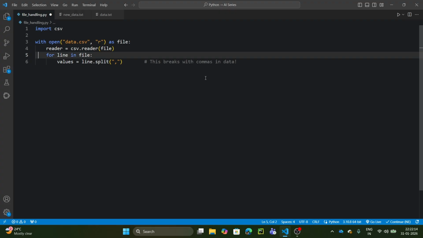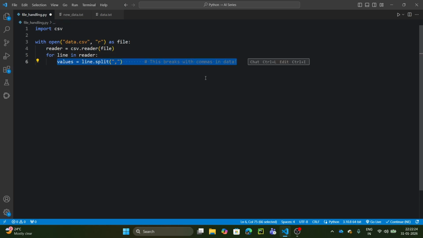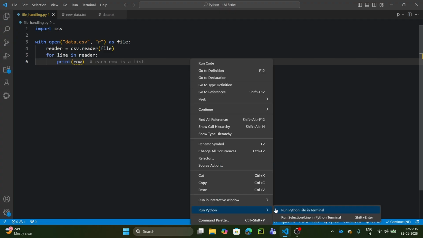So for line in reader, I'm going to print each row. Each row is a list. So if I run this,